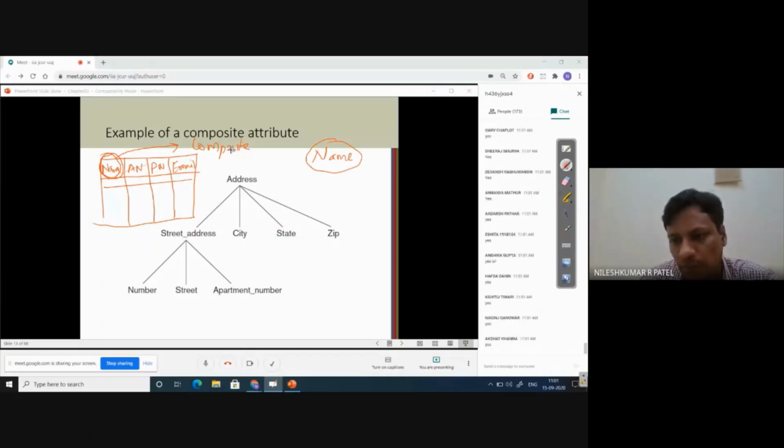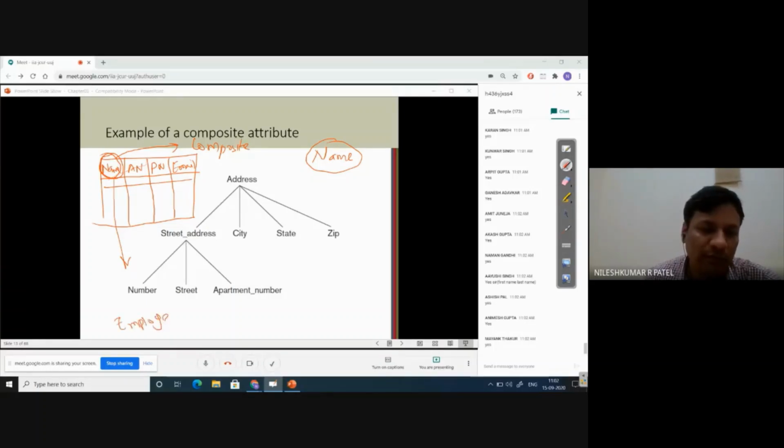Okay, good. As per my explanation, you are right. So when you are designing a database, you get this requirement that you want to design one table for employee, and the name of this table will be employee table.